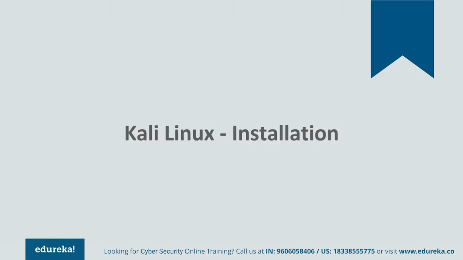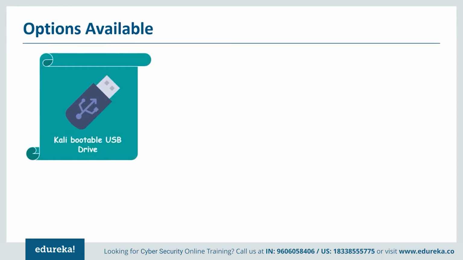So guys, I guess the reasons we just discussed are enough for you to start using Kali Linux, right? Let's proceed then. Apart from all the benefits we discussed earlier, Kali Linux offers different installation options. One way of installing Kali Linux is by making a Kali bootable USB drive. This is one of the fastest ways of installing Kali Linux and the most favorable as well. It's favorable because it's non-destructive. If you're using a USB to install, then no changes need to be made to your host system's hard drive. It's portable. You can carry the USB wherever you go, and it's easy to install. And lastly, it's potentially persistent. You can configure your Kali Linux live USB drive to have persistent storage so that the data you collect is saved across different reboots.